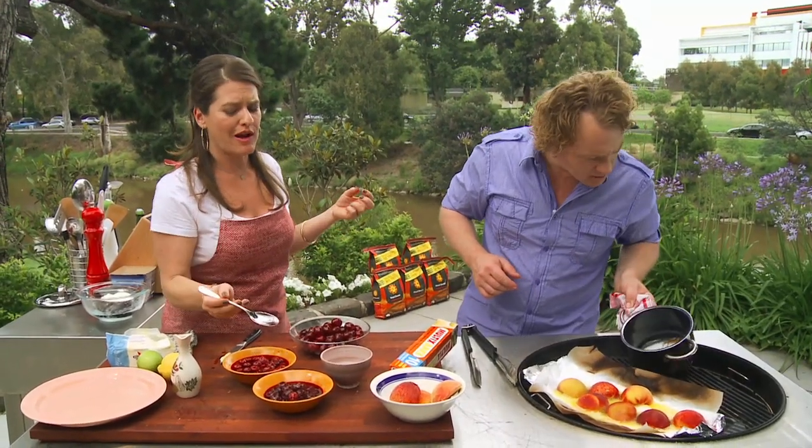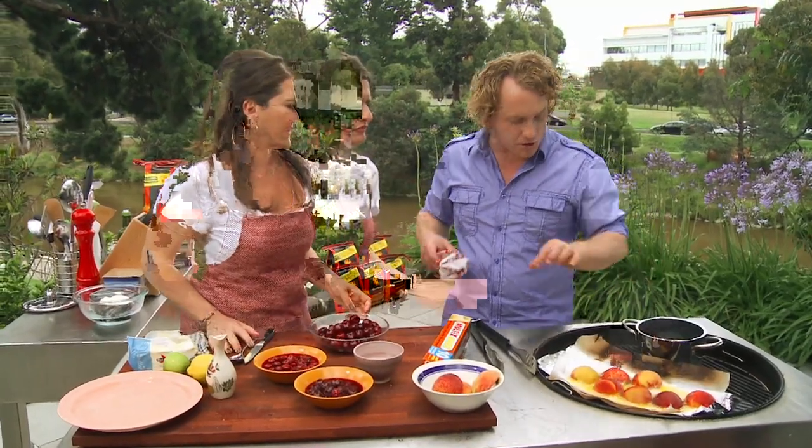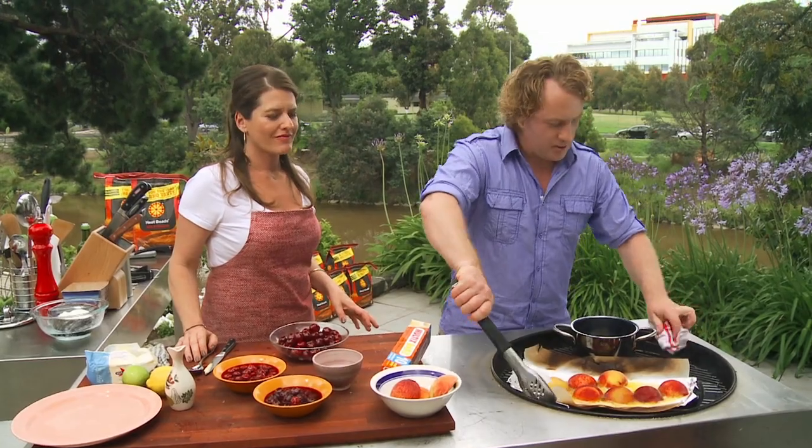Now, my caramel's coming up. You can see my caramel just on the edge there, just starting to form. We'll give that another minute or so. Look how hot this is. What you can do with this, and the amazing thing, you can actually turn the whole thing around like this. If it gets too hot, I turn it around, so the cool bit becomes...